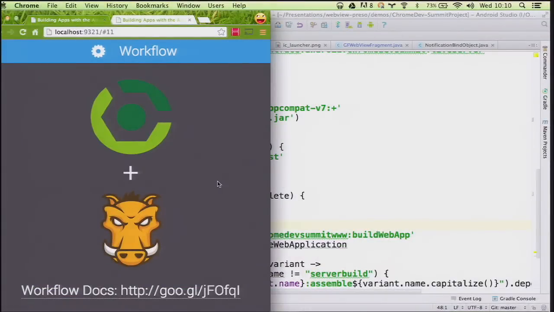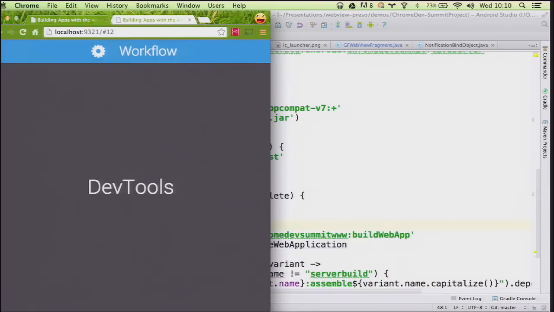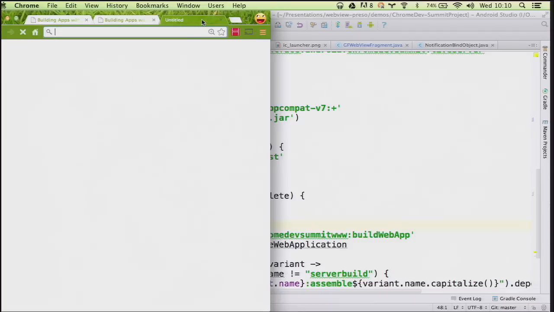So for me, this was an insanely useful workflow because I've seen a number of Cordova applications and the workflow with the command line interface where you kind of just say Cordova build or run Android, and it does an entire compilation step. So then, once you start combining this with DevTools,